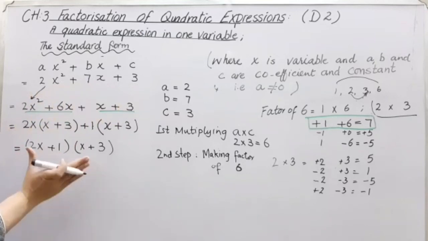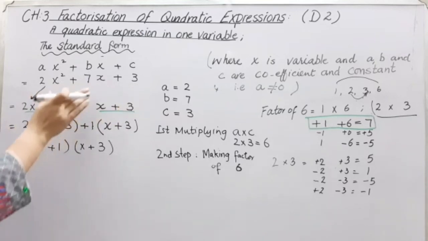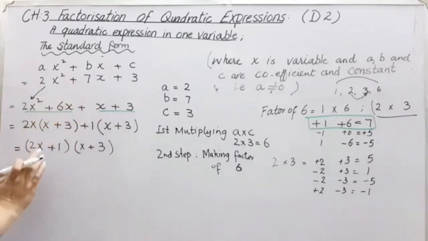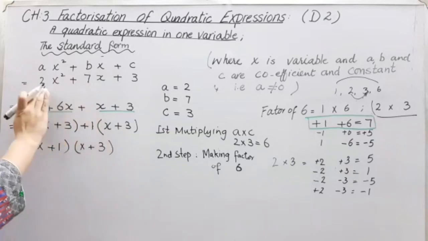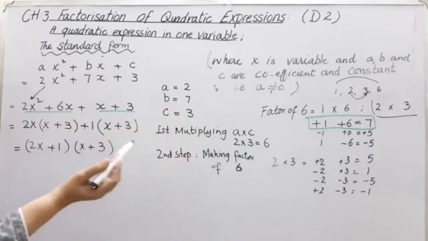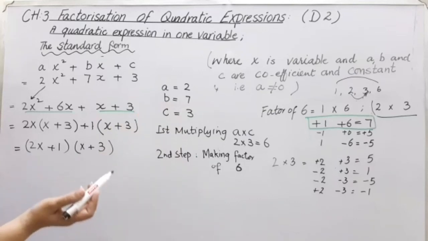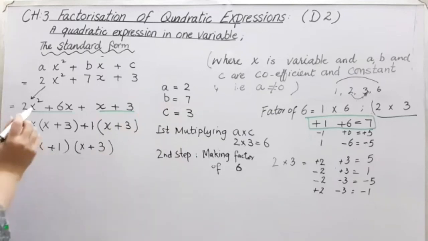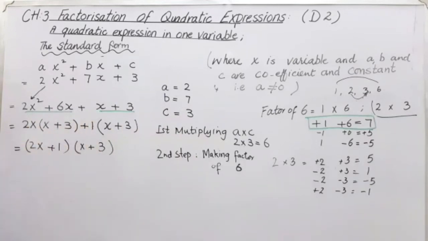If you now expand this one, you can check your answer. You get this equation. If your signs are a little bit different from here, your total expression changes, so it would be wrong. So carefully choose the factors and make all factors plus or minus according to your integer signs, and then choose the correct one. Okay, thank you.